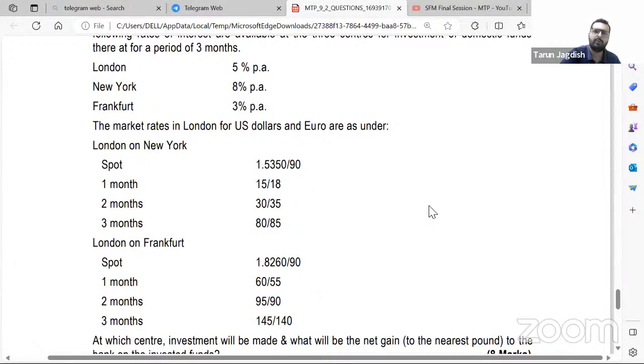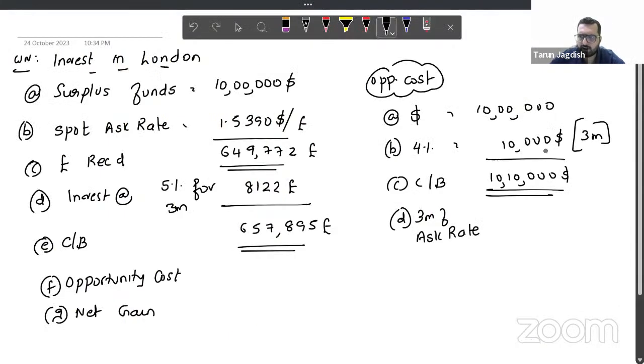Okay. So 1.5390 plus 0.085, 1.6240. Correct. That's the rate. I will take the correct rate and do it. But they have done in your book using 1.5430. Why have they given that? Due to a conservative outlook is what they are saying. That doesn't make sense. After 3 months only, we would have converted. So that would have been 1.6240